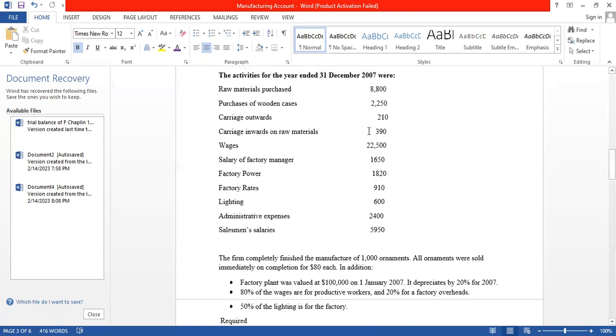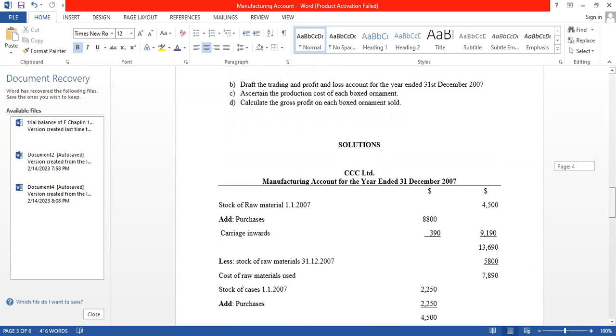Carriage inwards on raw materials, $390. And our purchases of raw materials we got from here, $8,800. So now we're going to go down in the solutions and we're going to use our calculator and find the total of $8,800 plus $390. And you should get